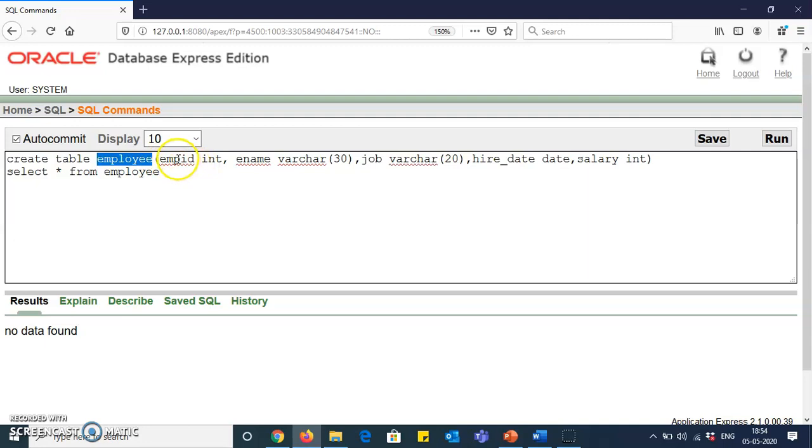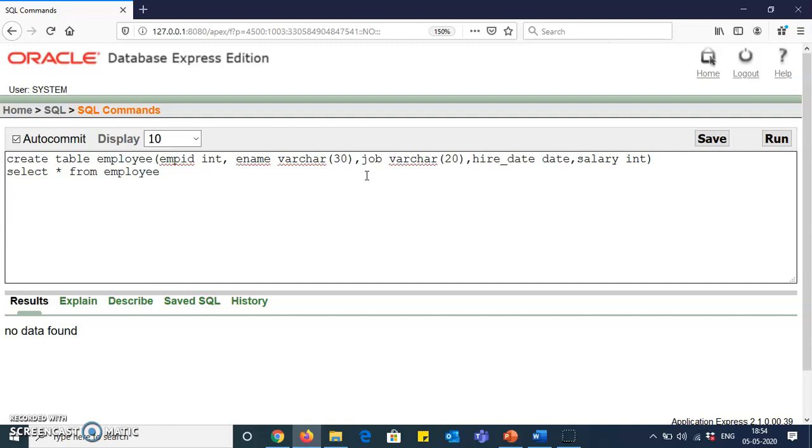This employee table will contain columns: employee ID with data type integer, ename with data type varchar, job with varchar, hire date with date as a data type, salary with integer.